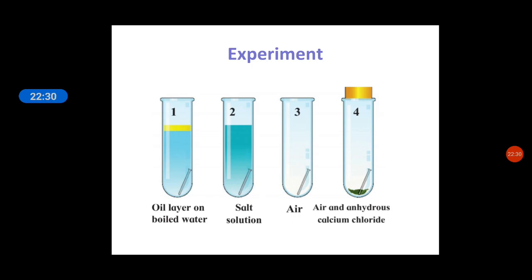Close the fourth test tube with a rubber cork. Let all the 4 test tubes remain unattended for a few days. Observe all the 4 test tubes after a few days. What did you find? Which test tube had the nail as before? Both water and air are necessary for rusting. The rusting process takes place rapidly in the presence of salt.